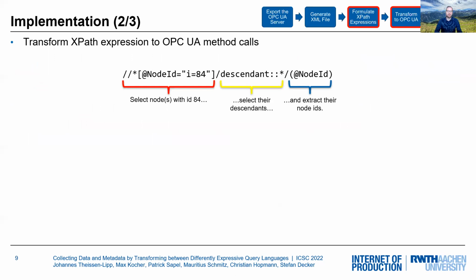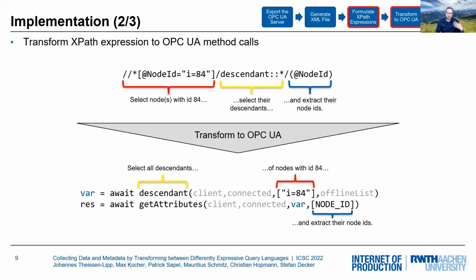The implementation in detail of the transformation to OpenCOA looks as follows. So people or data scientists formulate XPath expressions, such as the rather simple one we see on the screen. So it selects the node with ID 84, and then from there it calls its descendants, and then it returns all the node IDs of those descendants. And our implementation then transforms this to OpenCOA calls. So our extended OpenCOA client